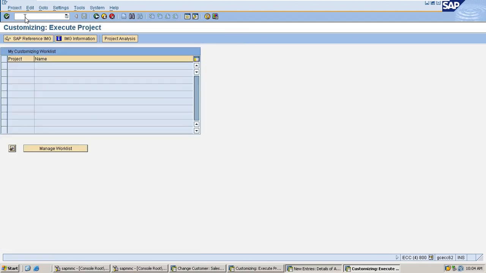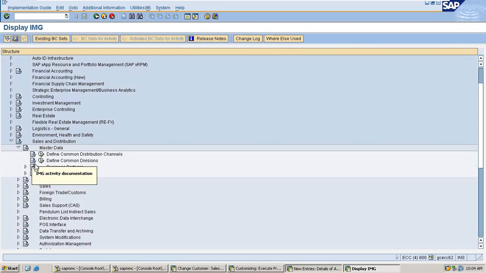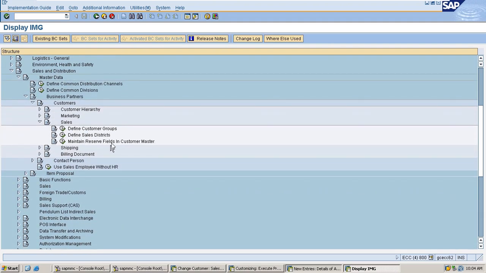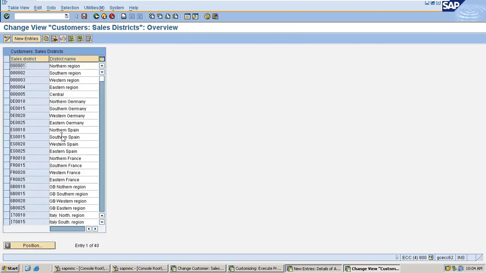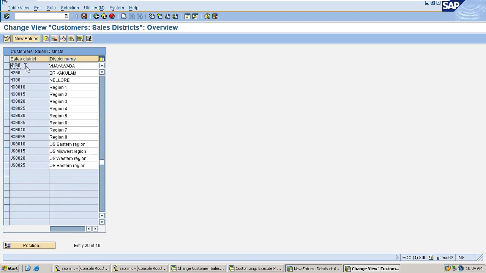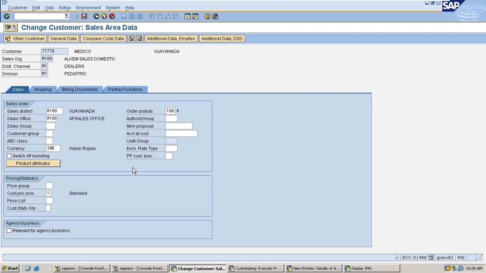Go to SPRO, this one, and go to sales and distribution, master data, business partners, customers, and sales. Here, sales district. So we can define the new entries here. I have defined M100 Vijayawada, M200 Srikakulam. Then the next one is sales group. Already we have defined the sales group in the previous session. And the next one is